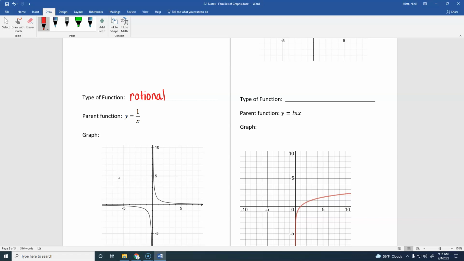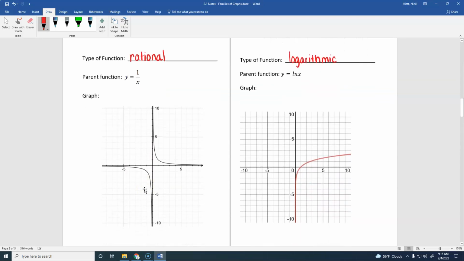Here we've got natural log, so this is logarithmic. And parent function, I put natural log because that's the one that we're going to deal with the most, but the parent function is whatever log base you're starting with. So you have different parent functions based on what base you have for that log. So your parent function could just be log of x, or it could be log base 7 of x,